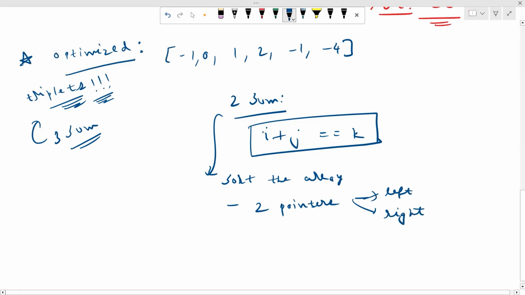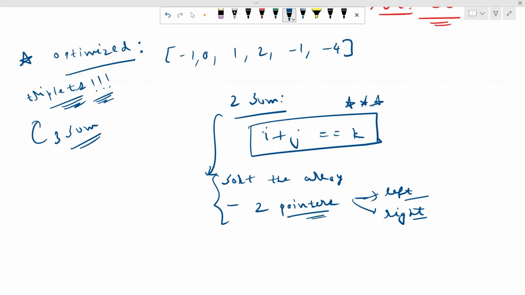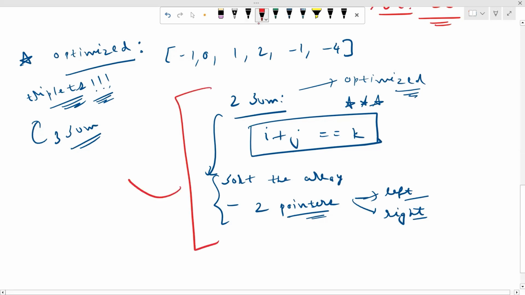Right being pointing to the right end of the array and left being pointing to the beginning of the array, right? So now, just following some condition, we need to iterate over the array using these two pointers and we'll get a desired result. This is the optimized approach in case of two sum. So we're gonna use the same concept as we did in two sum in our main problem, right? Same concept,